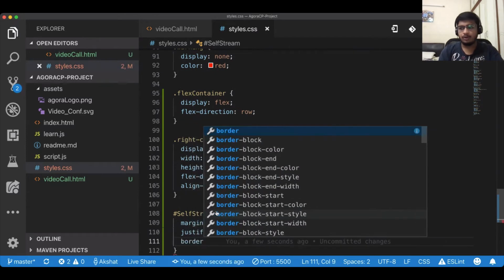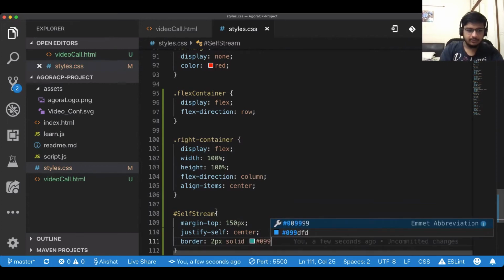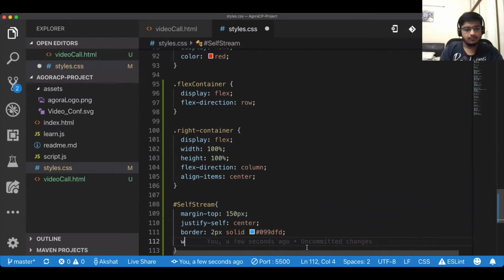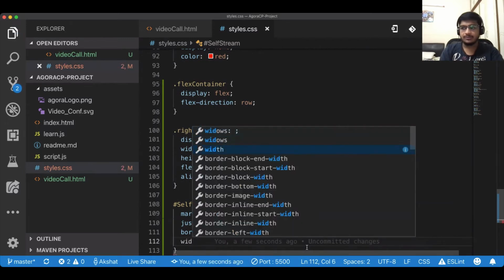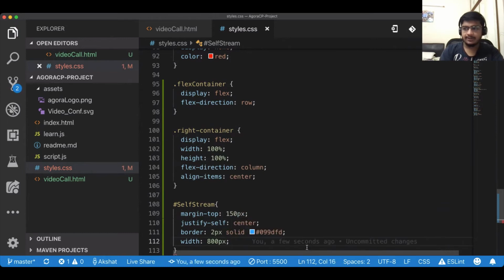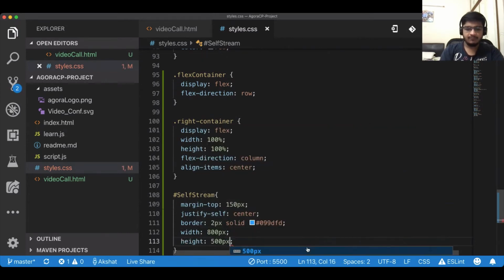Then there's a border, 2 pixels solid, and I'm going to use the Agora theme color. So it's 099DFD. You can see that it's a bluish color, which is the Agora theme color. Now comes the width. The width is 800 pixels, and then there's height 500 pixels.